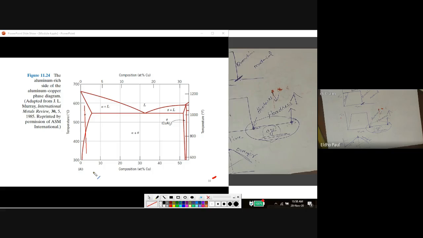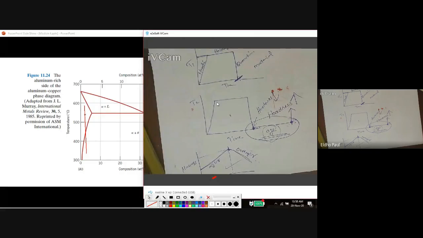Okay. Initially, I heat the material to this alpha range, to this point. In the case of steel, we heat the material to the austenite range, but here there is only a single solid above this, alpha plus liquid, and this is the liquid region. So here we have only a single solid solution region. This is alpha. So we heat to the alpha region, that is this heating point, and then we maintain at that